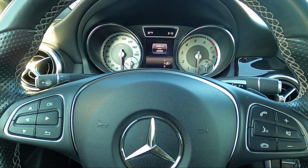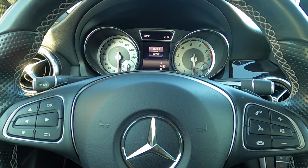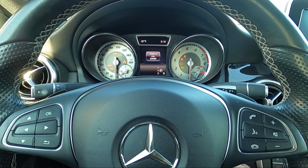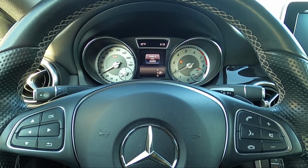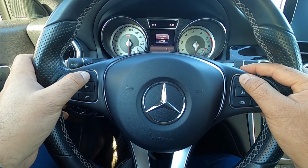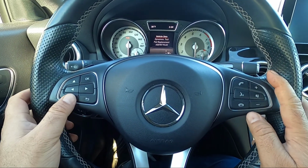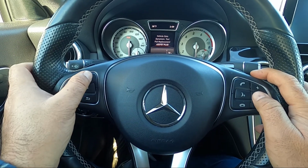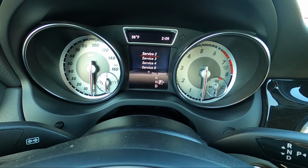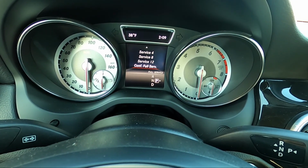Alright, so to get to the point where you want to reset the service setting on the Mercedes CLA 250 year 2016, in my case I have to press once, twice, and 3 times. So now what we're going to do, we're going to hold the phone and the OK button together. Now we're going to go to Assist Plus, Full Service, okay, Full Service,